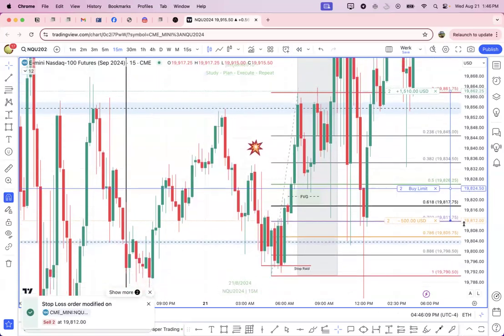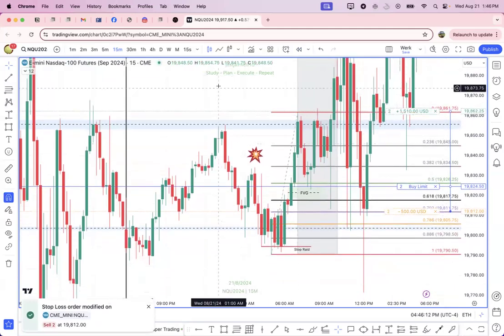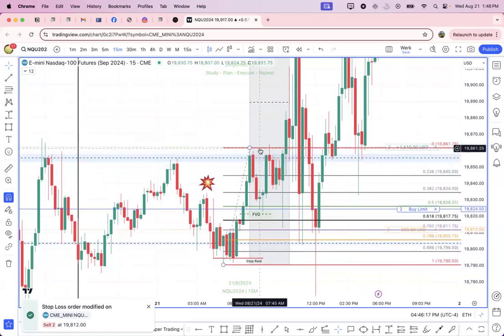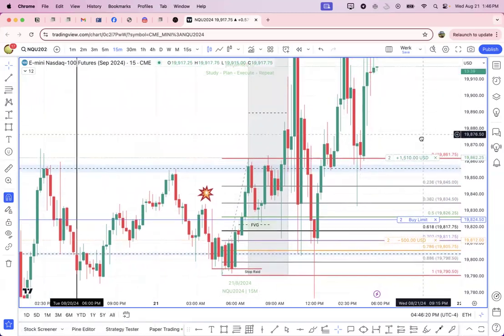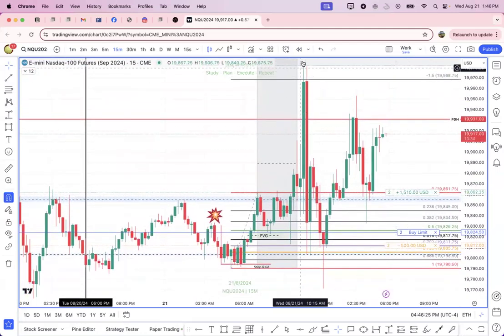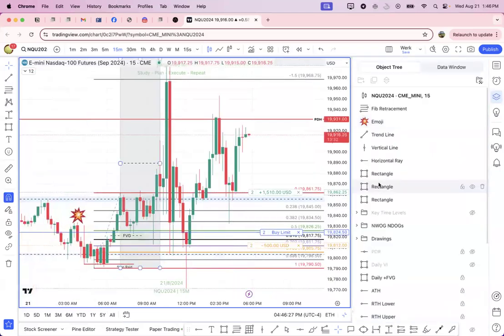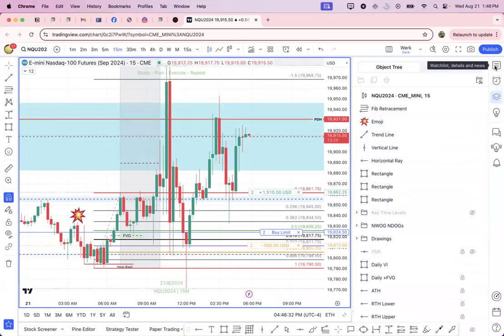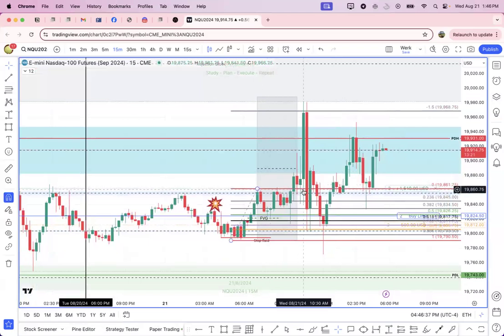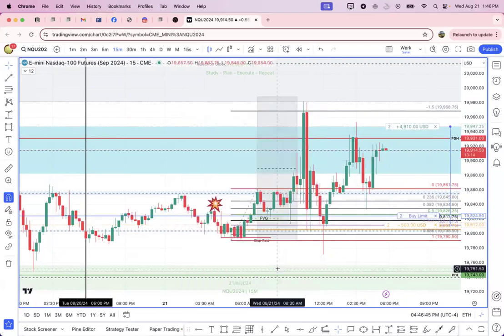Boom. So let's say I was in here, knowing that this is FOMC, I can easily get out here. But presuming that the previous day high is the draw on liquidity and we had that volume imbalance up there, where's my volume imbalance that we were looking to fill in the upper quarter? Then maybe I can target filling that.